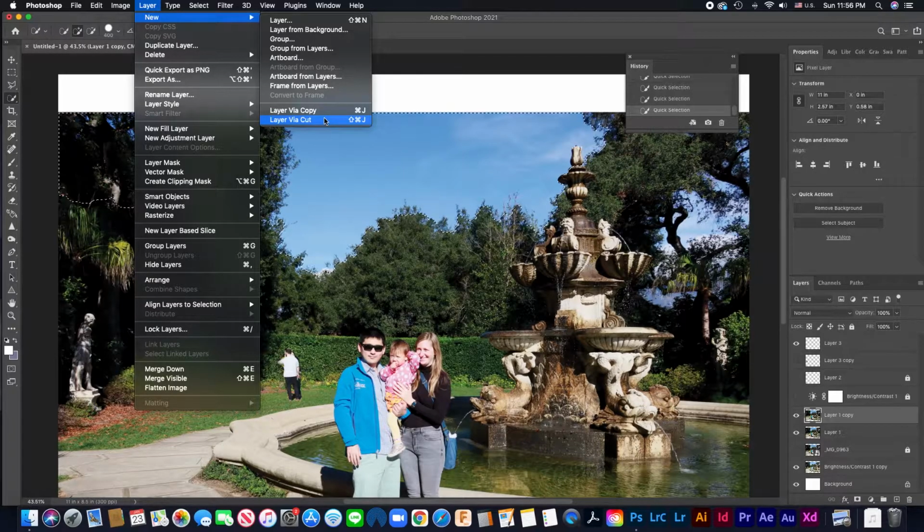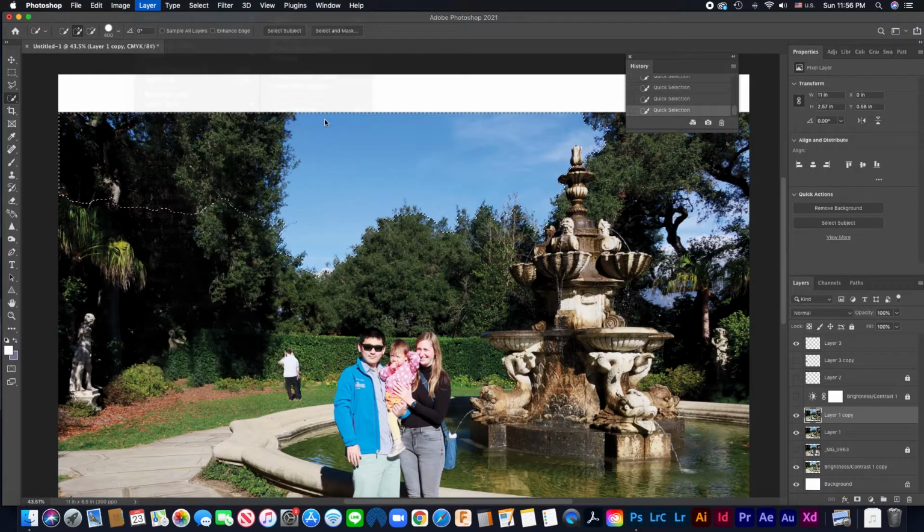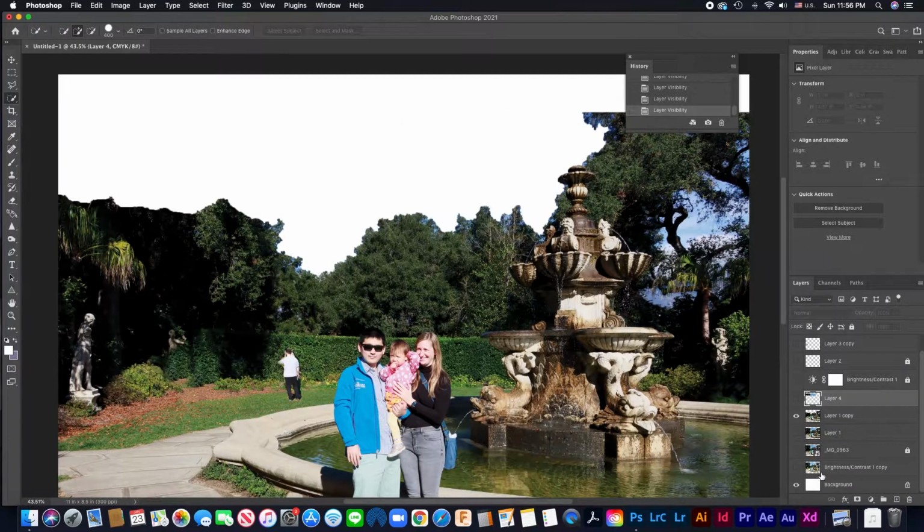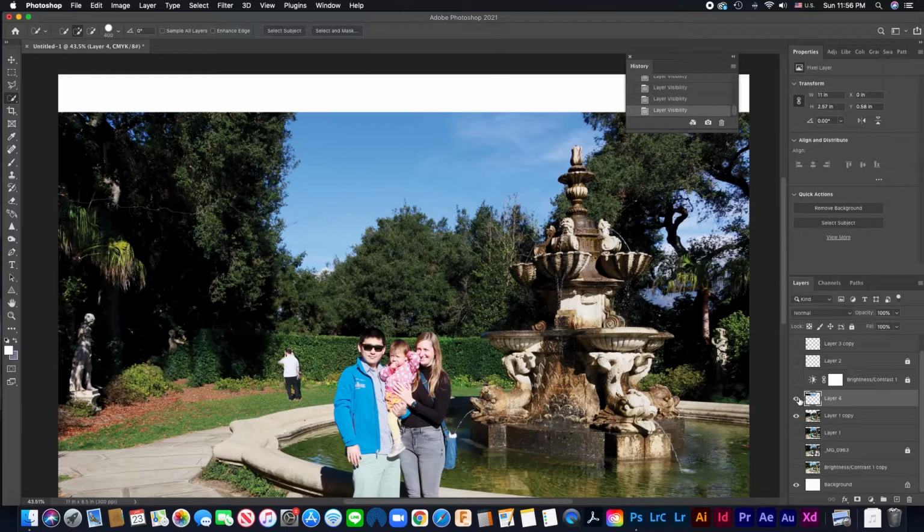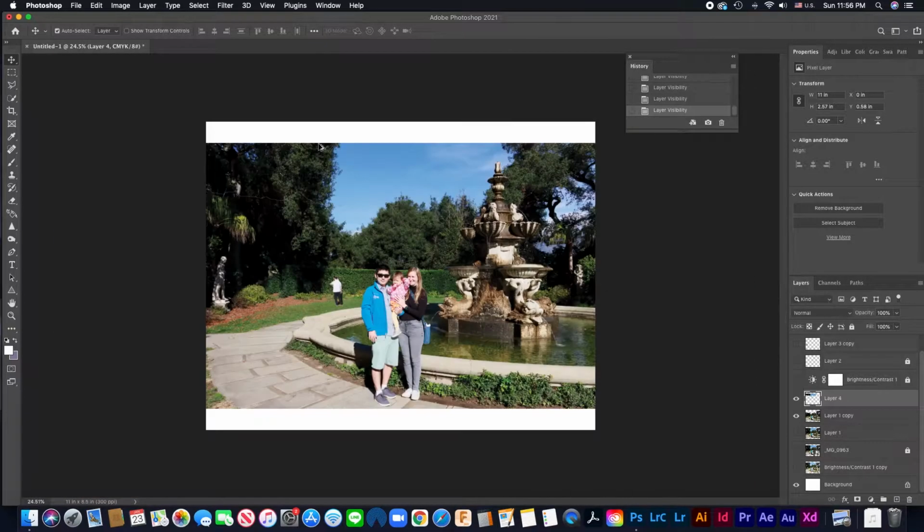I just go to cut layers like this. I go close to show you the difference. So if I want to add a blue sky, I just